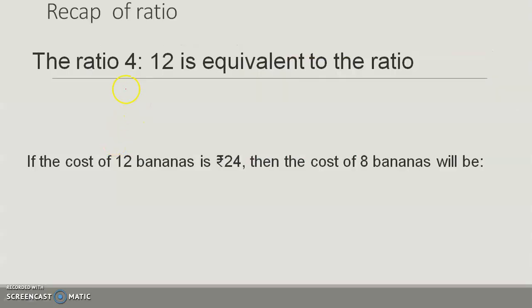Okay children. Now let us have the recap of all the things that we learned yesterday. It's again in many different examples, not concepts, many examples. The ratio of 4 is to 12 is equivalent to the ratio. If they are asking you to find the equivalent ratios, you have to simplify by cancellation. 1 4 is 4, 3 4s are 12. So the equivalent ratio is 1 is to 3. You have to write the equivalent ratio is 1 is to 3.